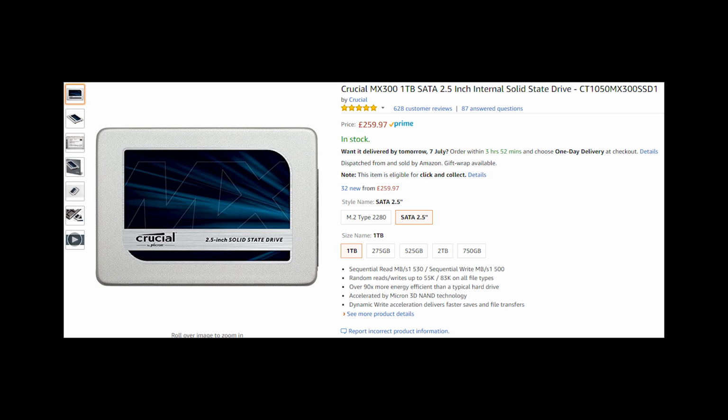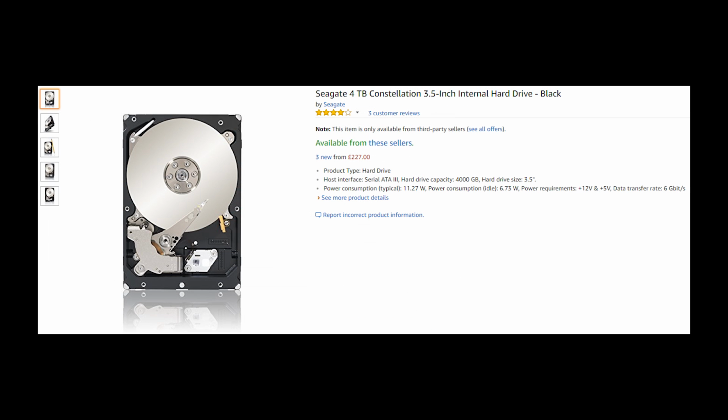So I could have gone 500 gig and it'd probably have been fine, but I worried that maybe in a year or two's time that 500 gig might be getting really full, and I might be going, damn, I wish I had actually had the balls to go for a 1 terabyte. So I decided to preemptively get a 1 terabyte SSD, and this should do me really well for a long ass time. And then mechanical hard drive, I went for a Seagate 4 terabyte